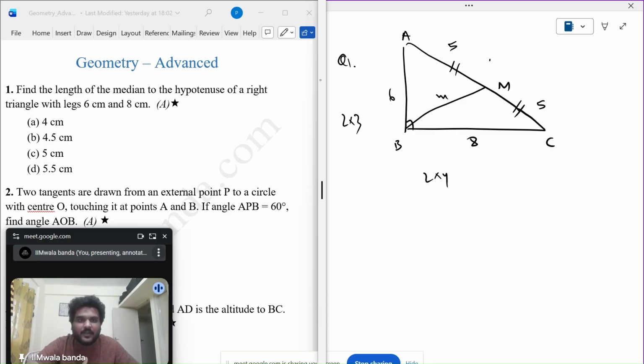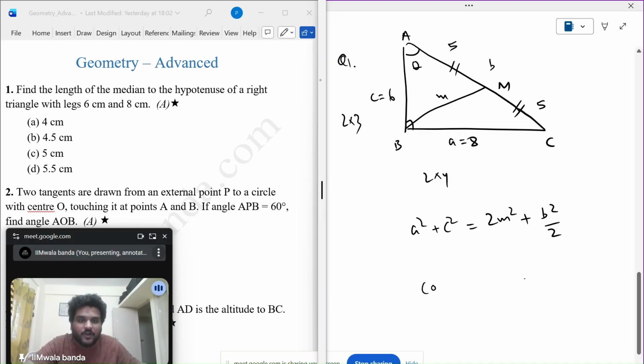If you remember, let's take this B, this is A, this is C. It says that A square plus C square is equal to 2M square plus B square by 2. If you've forgotten, you know how to derive it. Assume any angle, and if you know the cosine law, which you will go through in the trigonometry section, cos theta can be written as c square plus this side square minus this side square